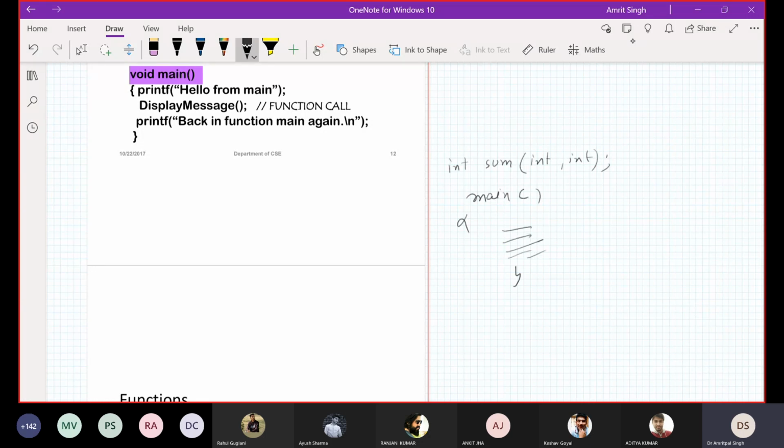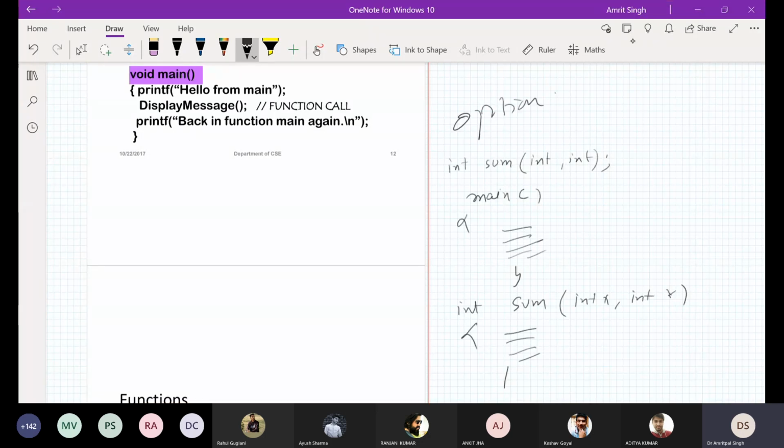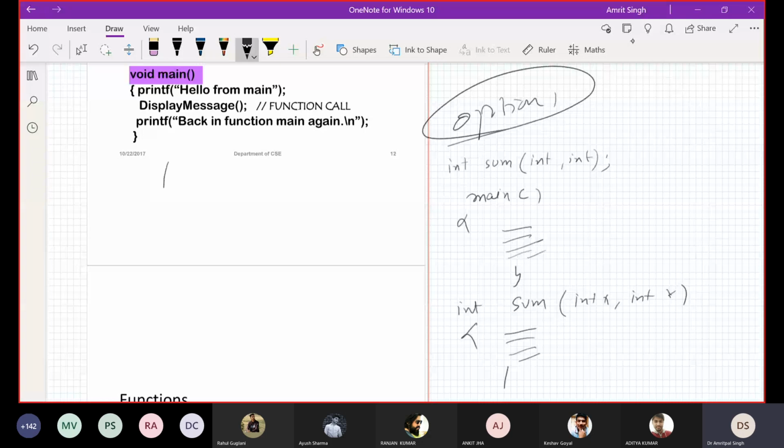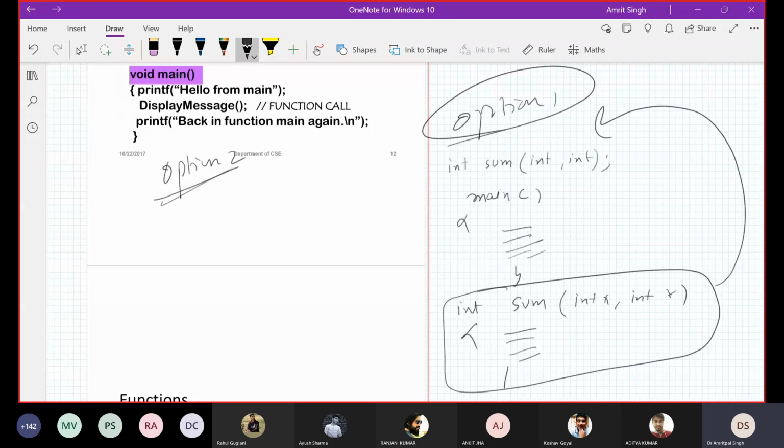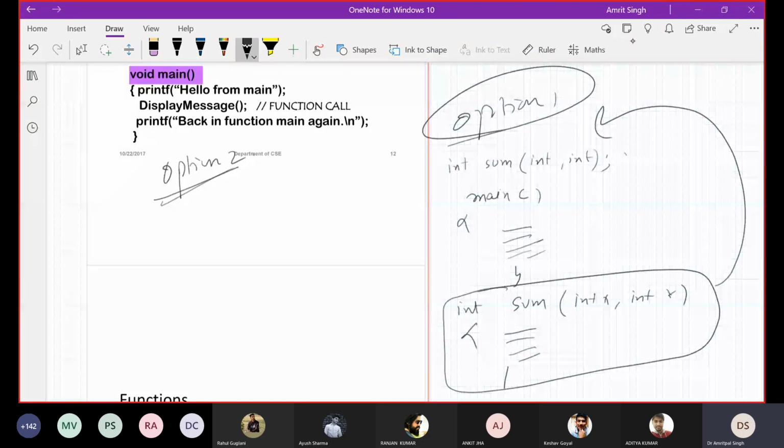And at the end, you are going to give the body of your function. Full body, something here. Done. That is option 1 that we have done so far. What does option 2 say? Option 2 says to just shift this before the main function and there is no need to give this.